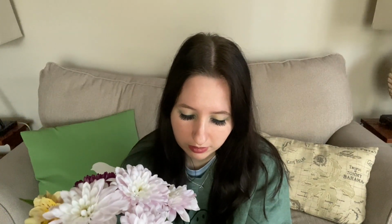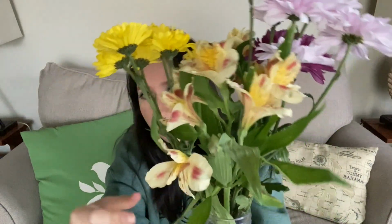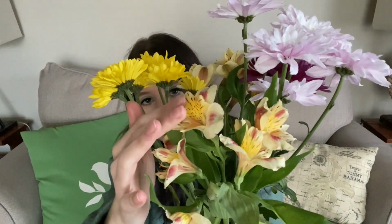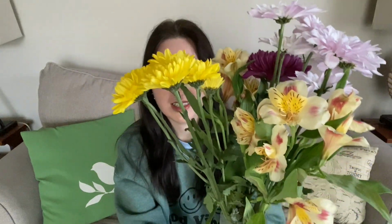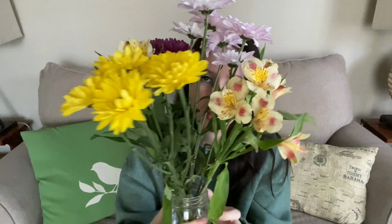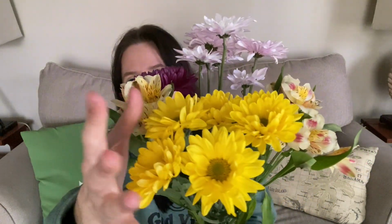You can hear a nice crunchy leaf here. It's got a nice crunch to it though. But let's see, I have these flowers. I'm not sure what any kind is, so if you know, you can share with everybody. I have these nice yellow ones,